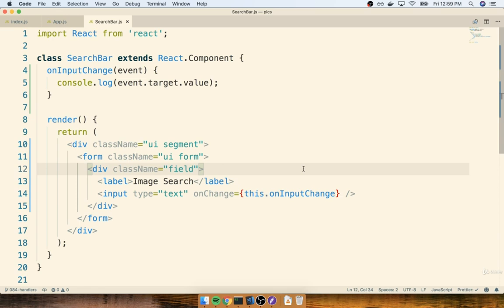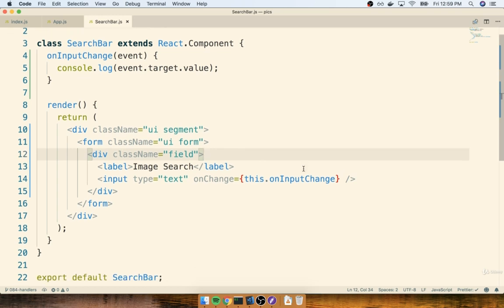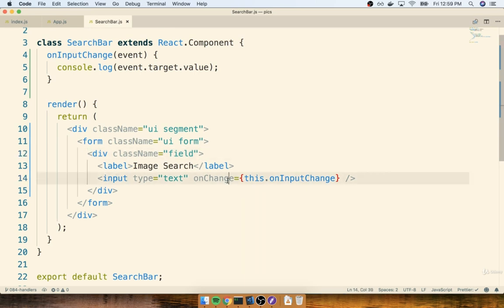The reason I'm going to show you this is that you're going to very frequently see this alternate syntax in a lot of documentation and blog posts, and in fact, we're even going to use the alternate syntax a couple times throughout this course. So I'm going to find my input tag right here, and there's the onChange prop. Now, rather than passing a reference to the onInputChange function right here, I'm going to delete that and replace it with an arrow function like so.